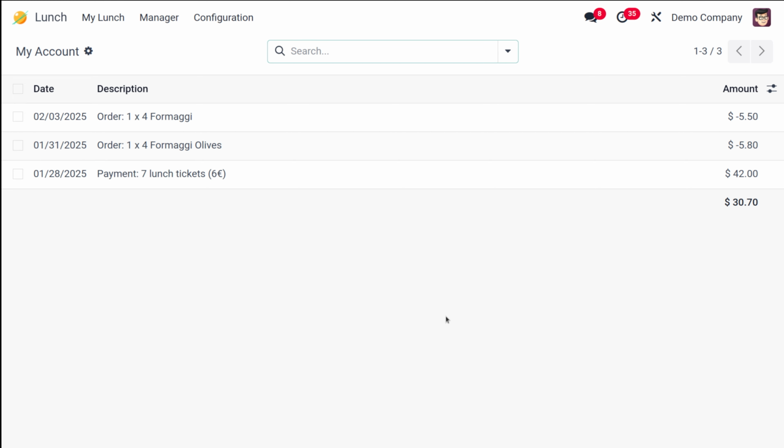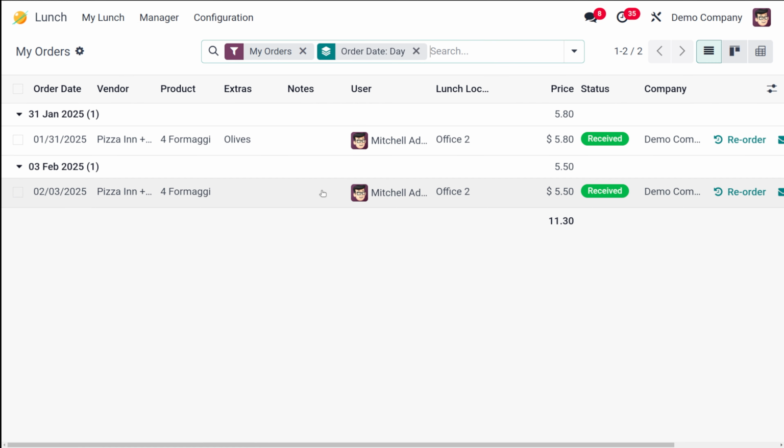Okay, so this actually helps you to revise your orders through the order history, as I said before, like reorder it. Okay, so this is how simply the managing of orders in lunch module can be done.